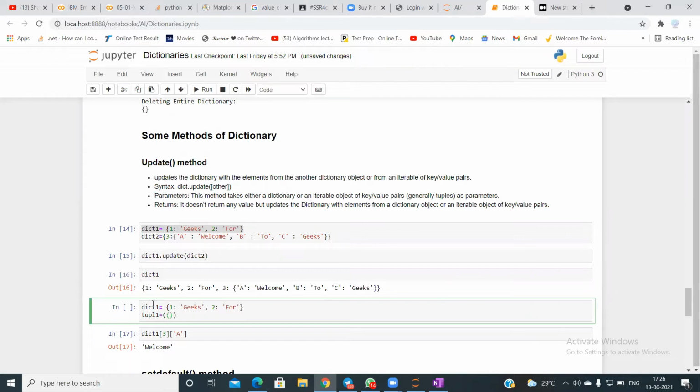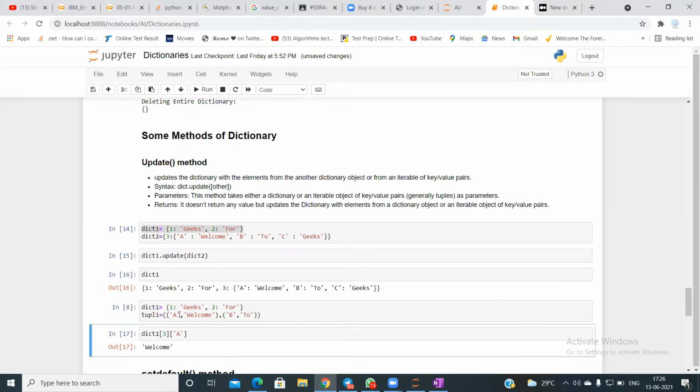I'll pass a tuple where I put A inside this, and then a value, and I can create another tuple, B, and give it 2.